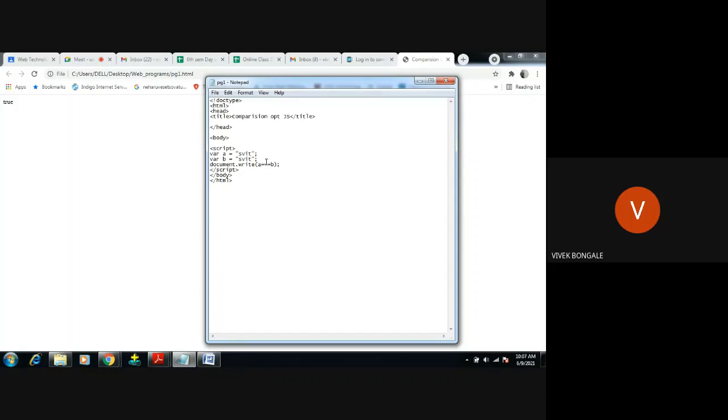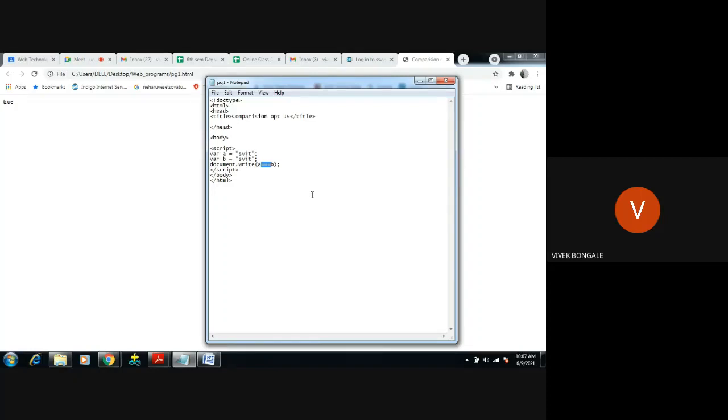The normal equal to will just check whether both values are the same. Basically it is used for comparing integer values. But when it comes to exactly equal to, for a variable having a string, to compare the string values, we are going to use this exactly equal to, right? Basically used for comparing the string values. That is what the exactly equal to will do.